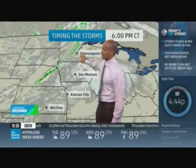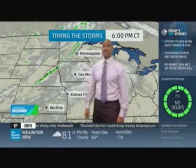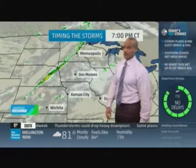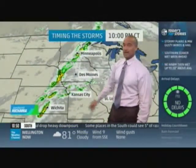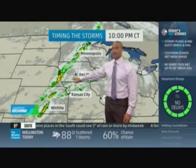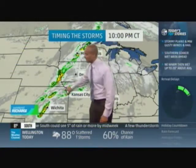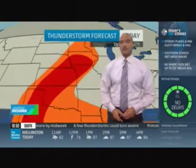approach the Twin Cities area, also pressing on through areas of western Iowa and northern and eastern areas of Nebraska. And eventually, by bedtime for the kids, we got storms blasting on through Omaha, blasting through the Twin Cities. And even Des Moines around midnight, we could see storms head your area. And then once again this evening, Kansas City is back on the docket for potentially more thunderstorms, more severe weather